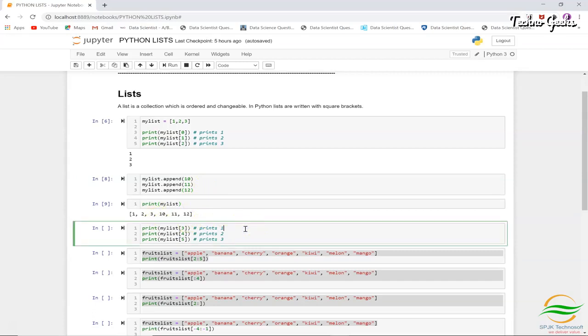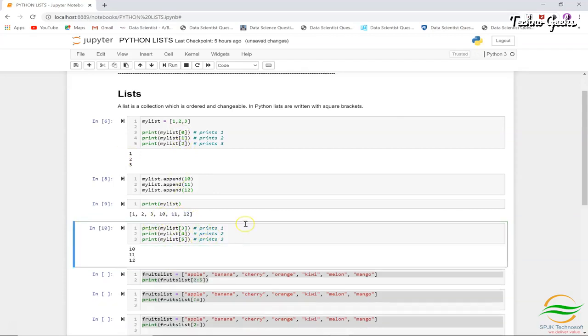We can see the same with the index number also, because the first 3 index numbers are 1, 2, 3, and the last 3 index numbers will be 10, 11, and 12. So I can print this with the index number also. And as I mentioned earlier, just to make sure that everyone understands, in Python the index number starts with 0, so 0 is the index. So if you have 10 elements, it will count from 0 to 9. It is always n minus 1, so make sure that you keep this in mind.